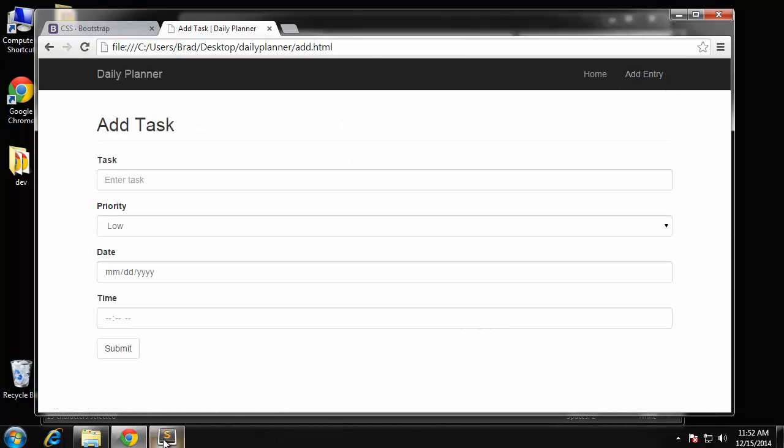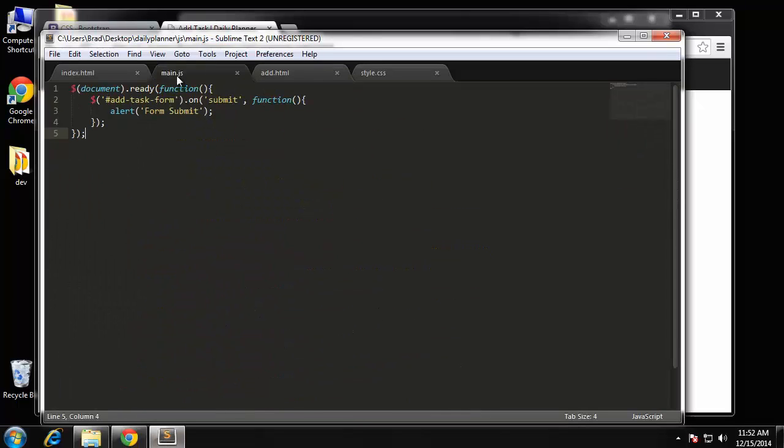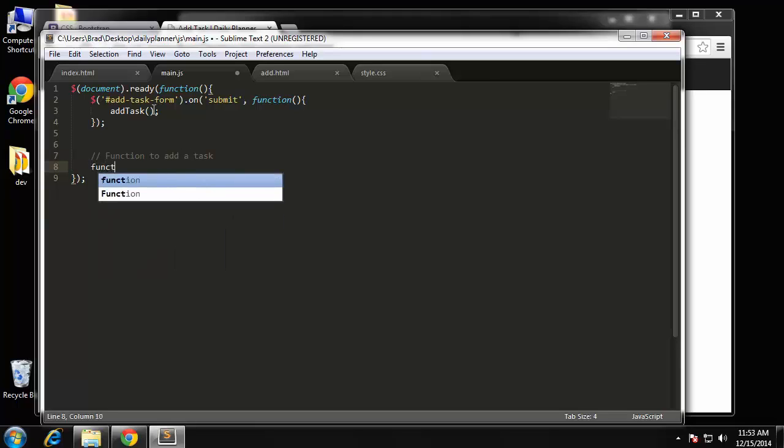Now, rather than sticking all the functionality, or all the code, into here, what I'm going to do is set it up so that when the form's submitted, it calls a function. It's going to call a function called add task. Now we can create that function. Let's just label it here. We'll say function to add a task, and then function add task,